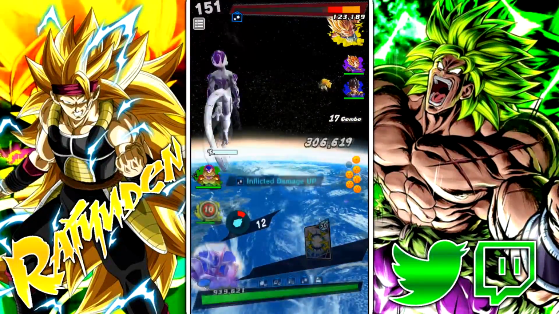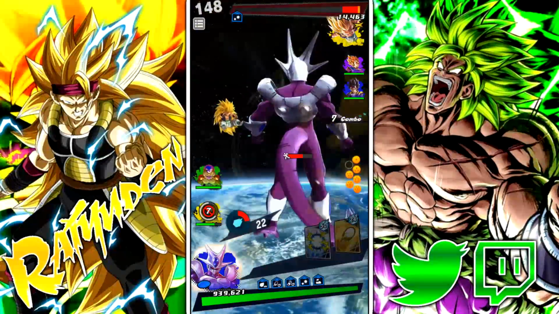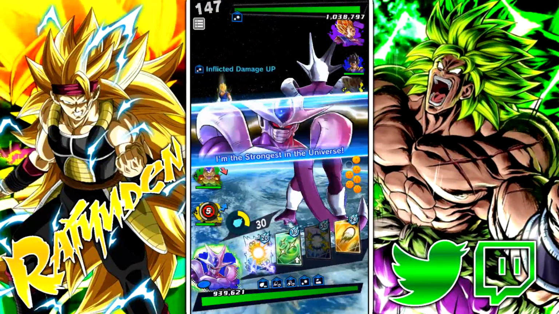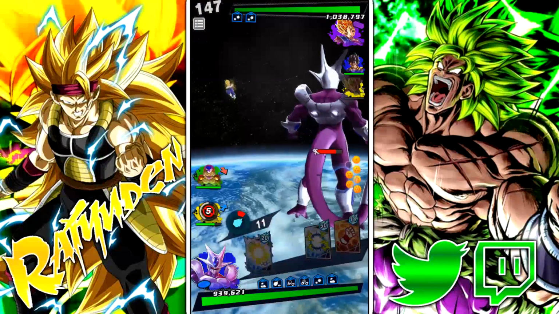Now, since I don't have Vanish, you'll notice I swapped into Metal Cooler. Not Metal Cooler, but the Blue Cooler, and you're probably wondering why. It's because I need to play around the types. If he swaps into the Vegito next, then I'll be okay. But if I were to swap in with my green...